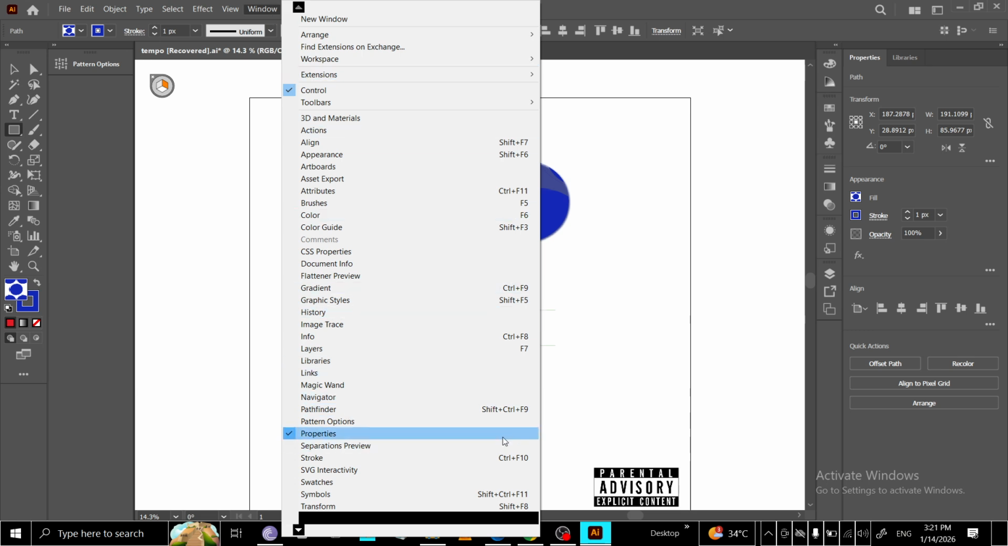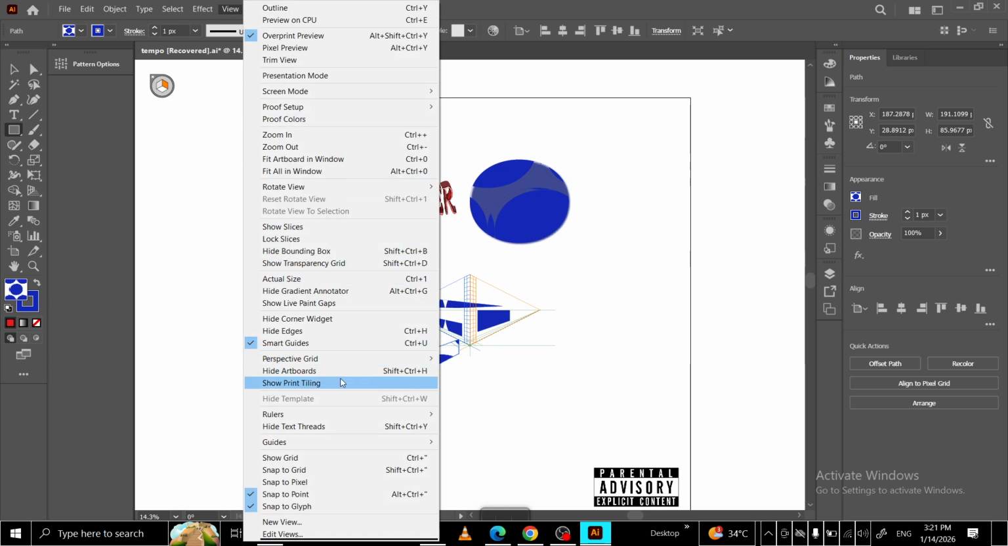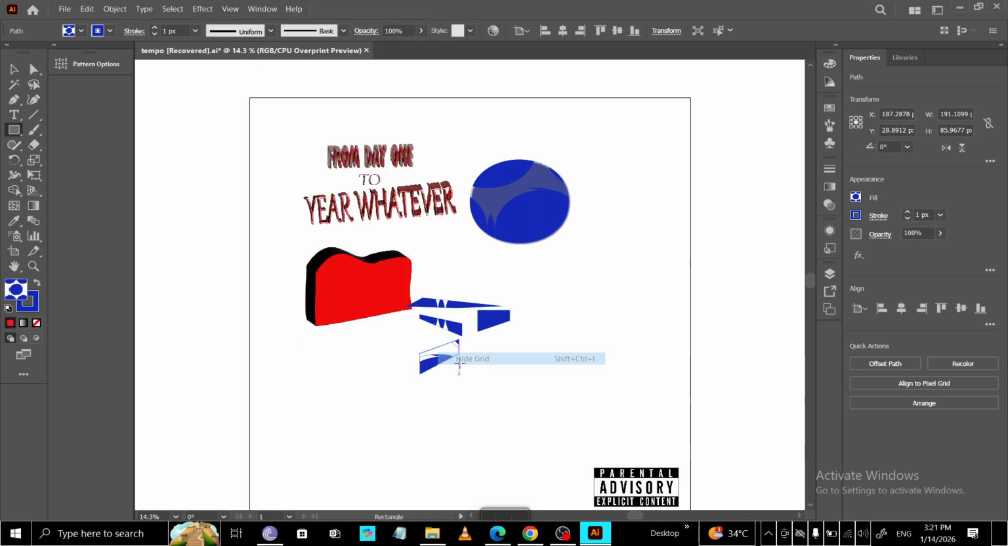When you're finished, hide the grid so you can view the artwork cleanly. Go to View, Perspective Grid, and choose Hide Grid. Your objects will keep their perspective even after the grid is hidden. That's it. Turn on the grid, choose a preset, draw on the right plane, place your objects, adjust